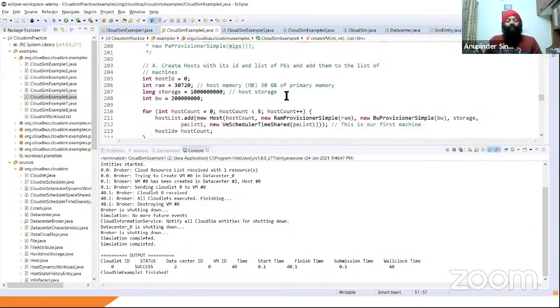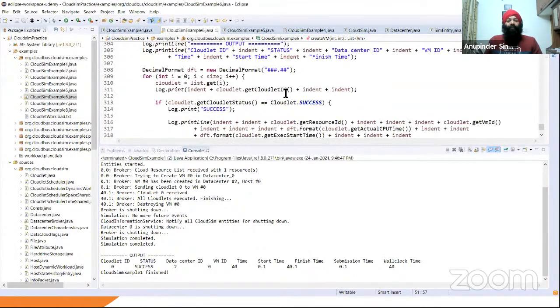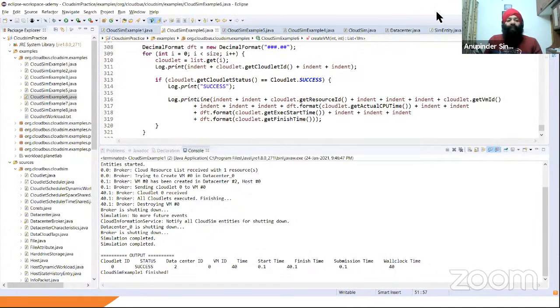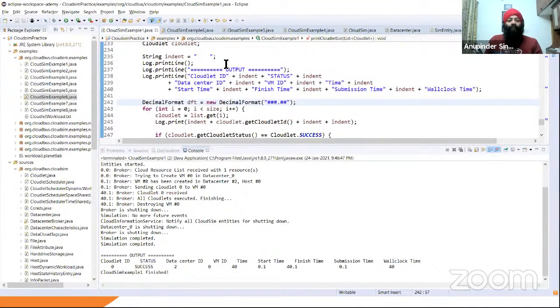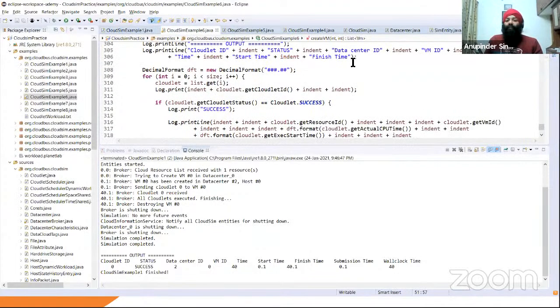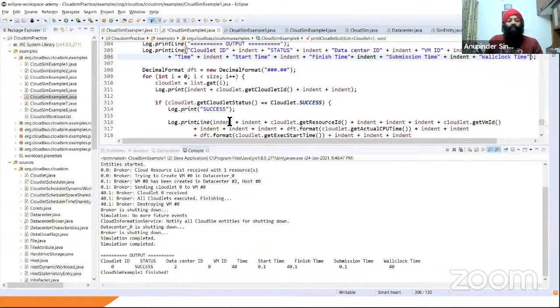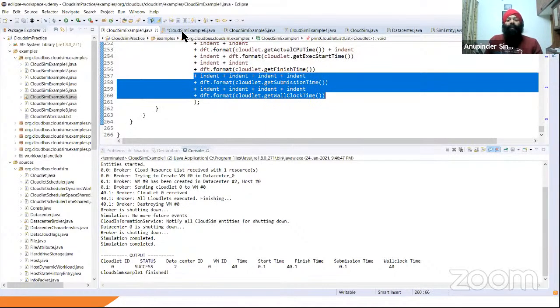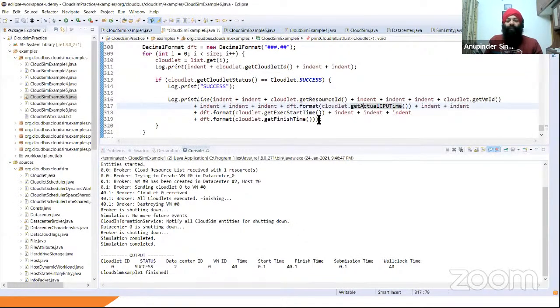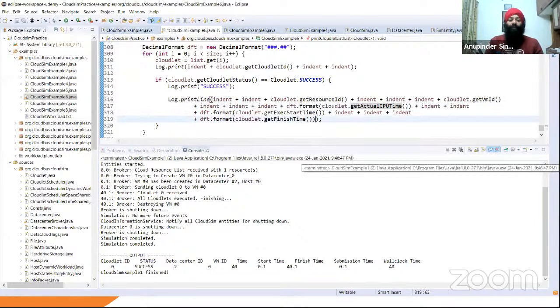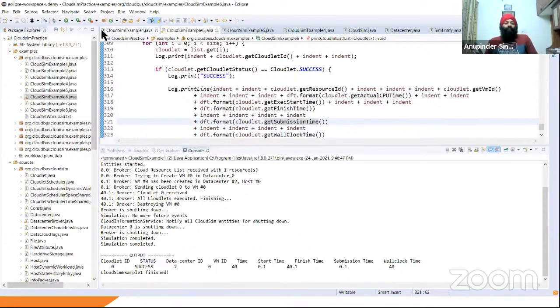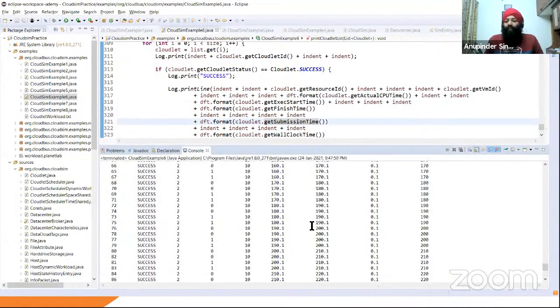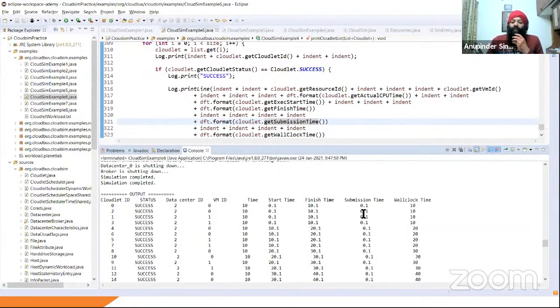So I take you to the print method. This is the print method I have, and I'll be copying these two parameters into my other example. I'll be quite quick in this. Here I'll be taking these two things and pasting them inside here. So if I run this particular CloudSim example 6, now you can see